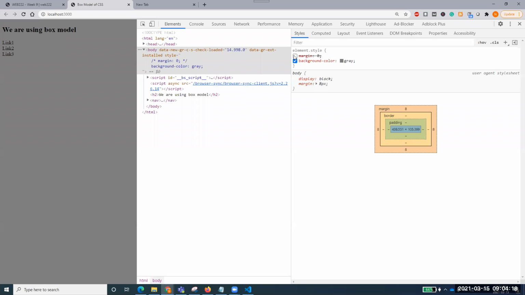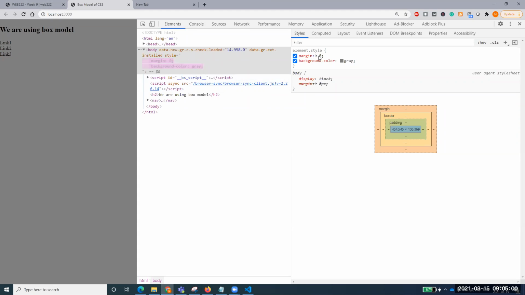So margin is 8. If I convert that margin to 0, what you see is that the body is perfectly stretched with the screen. No more margin. Right now it is showing that light orange area, whatever color this is. But if I do it 0, it means the body is perfectly stuck to my document. Everyone understand that? As I said, this is a very important part, and I want all of you to be very vigilant here. So if you make margin equal to 0, your body will stick to this one. And if I just remove that, it means now it's 8.